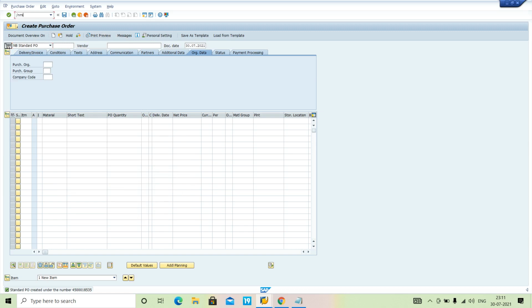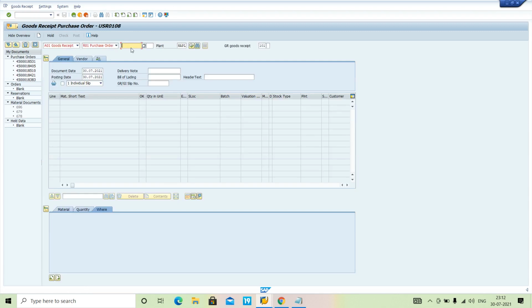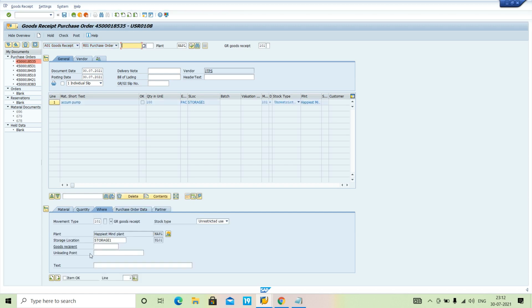So /n MIGO. Why do we use MIGO? We use MIGO to take the material into our own inventory. So I have entered MIGO. What I will do here is simply enter my purchase order, the one I have just created, and press enter. You must tick the item OK and check whether it is giving any error or not.